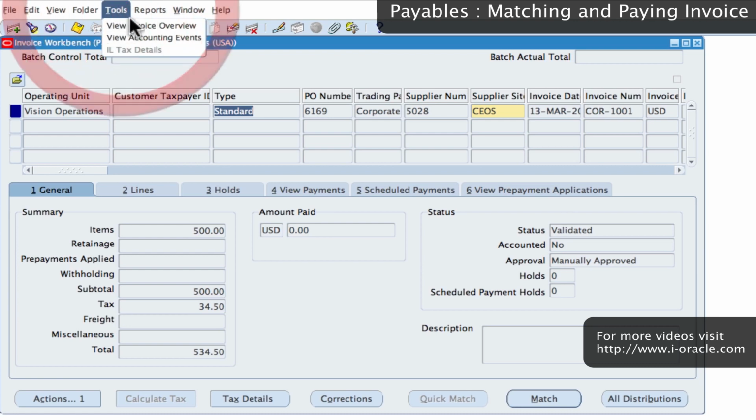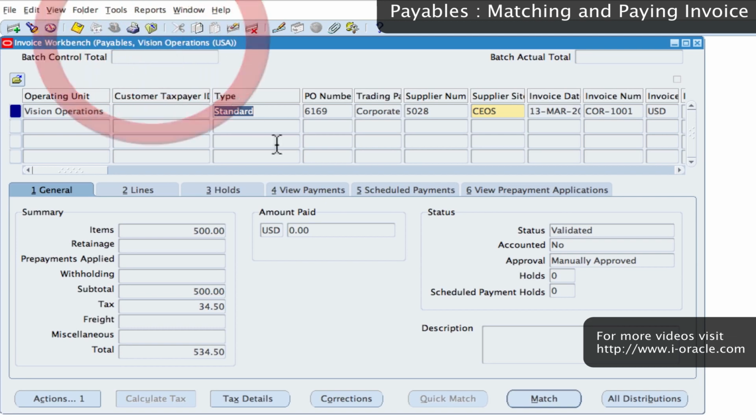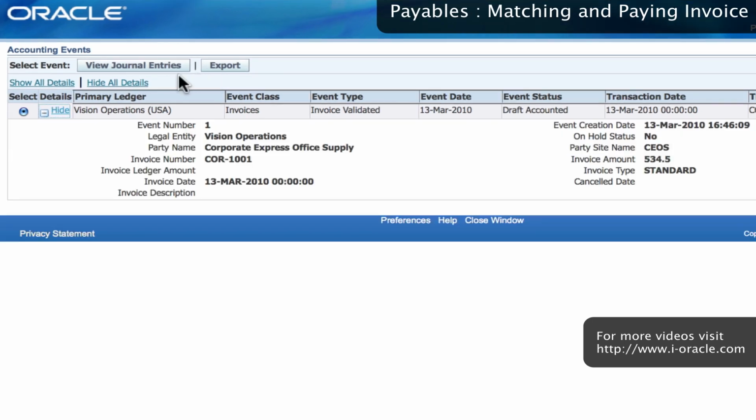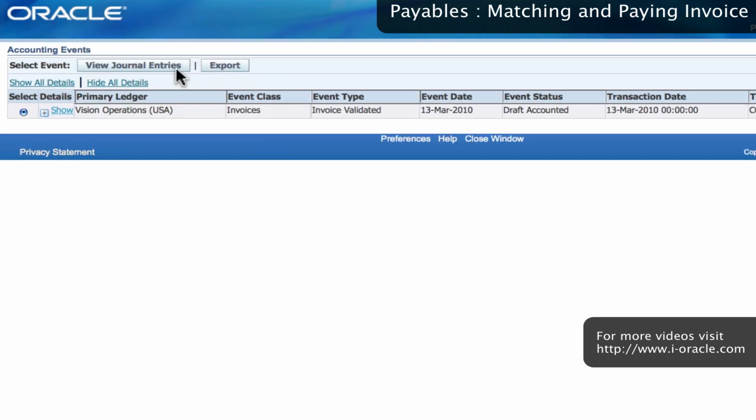So if I go to Tools, View Accounting Events, I should be able to view the accounting events via the HTML form. In the HTML form, you're able to see the accounting events. You can see that the invoice is validated, the event status is draft accounted, so we just want to see what the accounting looks like. And if I click on View Journal Entries, I'll be able to see the journal entries